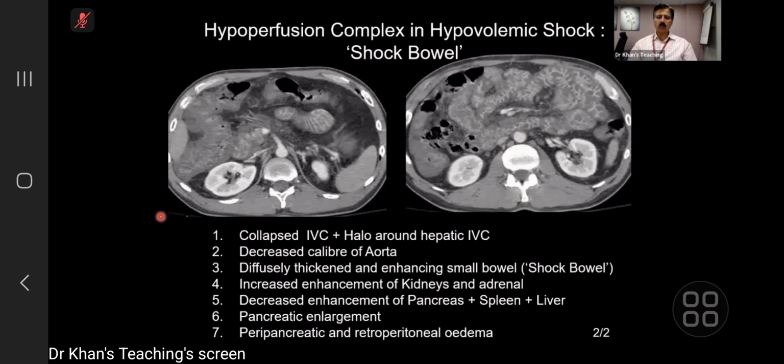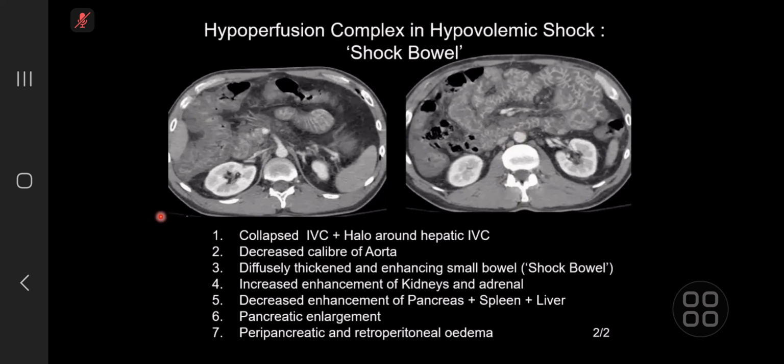see in association with other things. So please remember that. And if you see a trauma case, always look at the small bowel and even make it as a pertinent negative for your exam. So